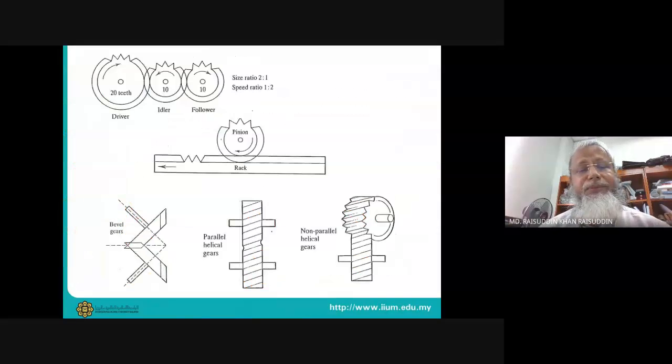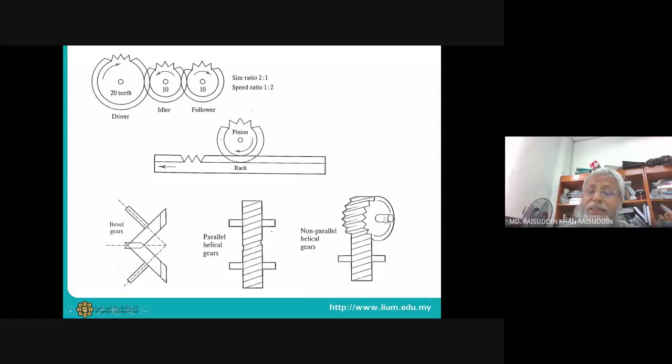Gears. Okay, so here you see the gears, and in your lab, the motors you will be using, some are with gears, some are without gears. The motors that come from power windows are with gears. The purpose of the gear is basically to change the speed ratio or the torque ratio, and also to change the direction of motion. So here you can see these are two gears. If this is rotating in this direction, we transfer the motion in this direction.